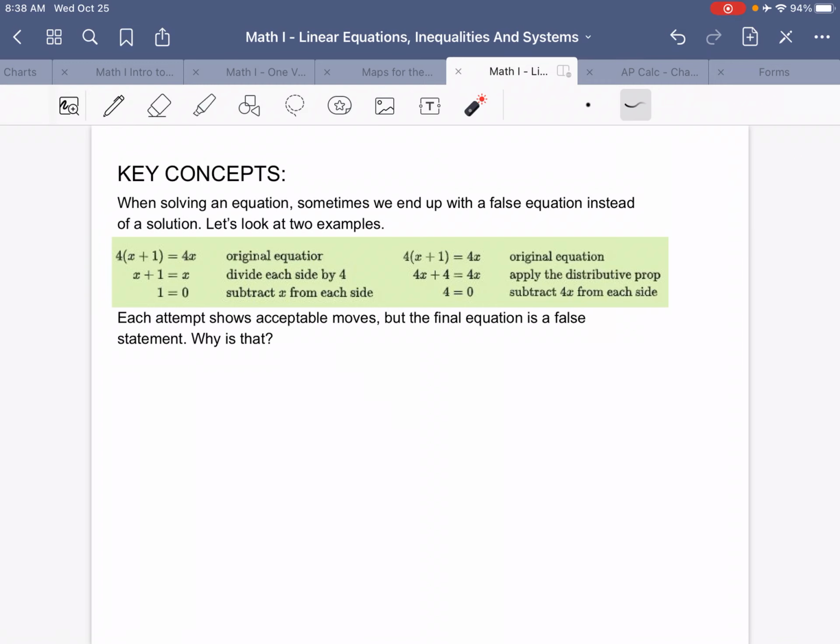This is day 6, cool down called If This, Then That. So when we solve equations,